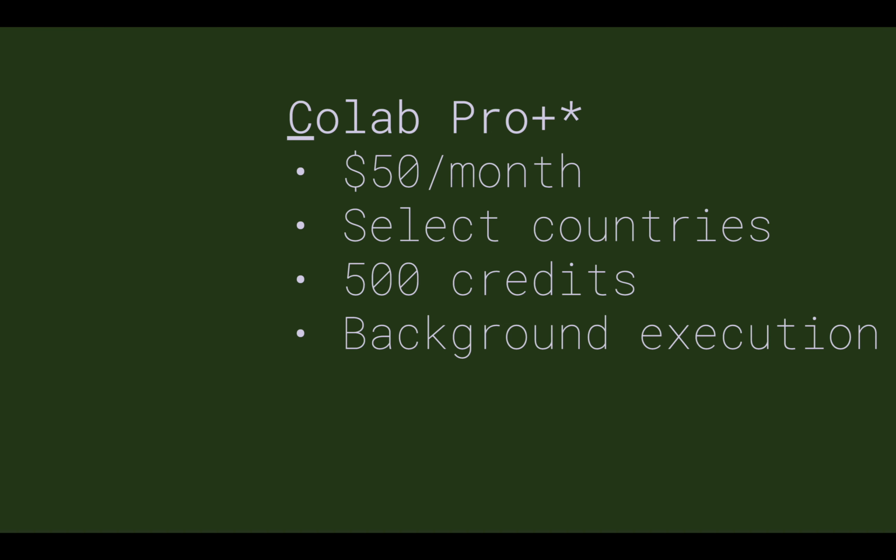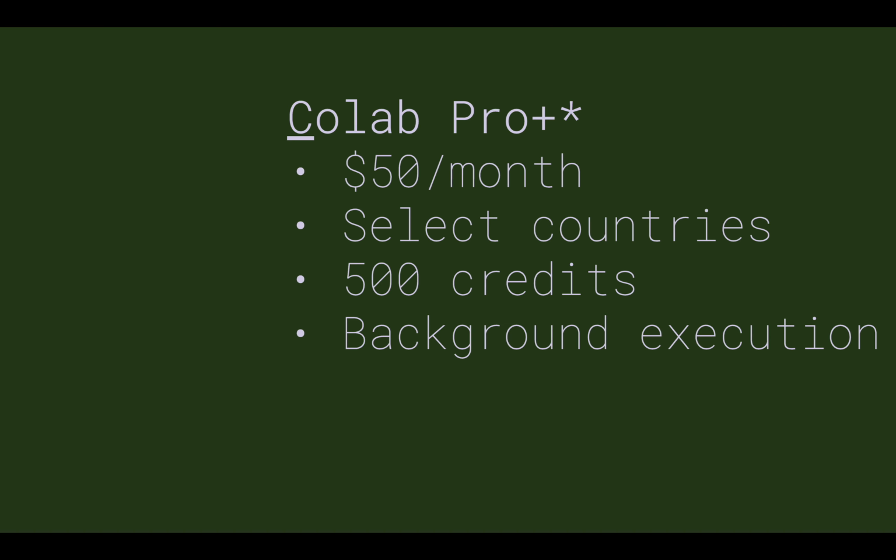What I would basically say is if you think you're not going to play with this too much, like maybe just go through the exercises in class and do it on a couple of short video clips, then Colab Pro is probably enough for you. If you know that you want to play with this a lot and you've got ideas for a big project you want to work on, then Pro Plus is definitely going to be the way to go. And that's mostly because of background execution.